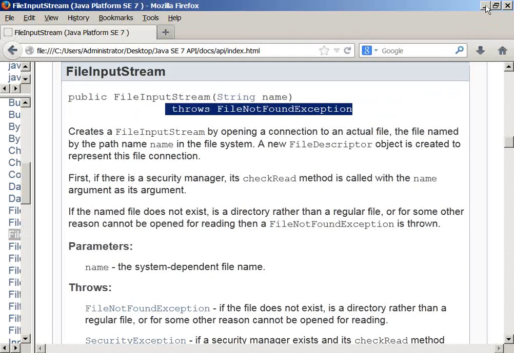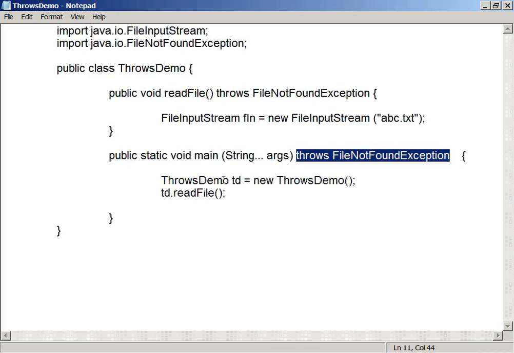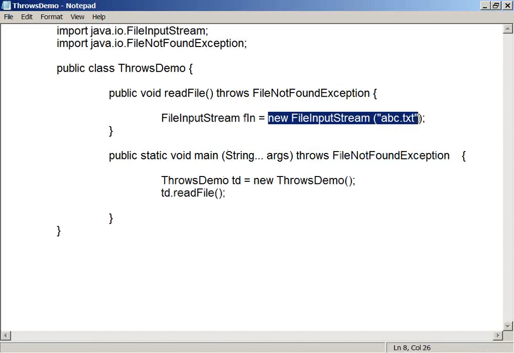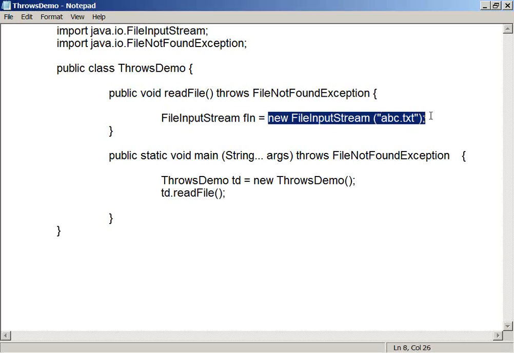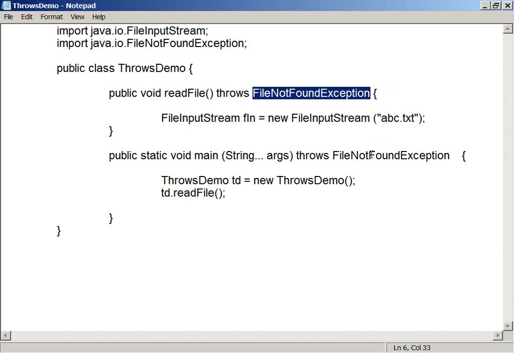The exception it is throwing is called FileNotFoundException. So where does the problem in your program start? It starts from here. This is the constructor which is trying to open that file. It is saying to its caller, who is readFile: boss, if the file is there, I am okay to open it. But if the file is not there, what should I do for you? I cannot provide any alternate for you. So I am simply forwarding this problem to you. What problem is it forwarding? FileNotFoundException.